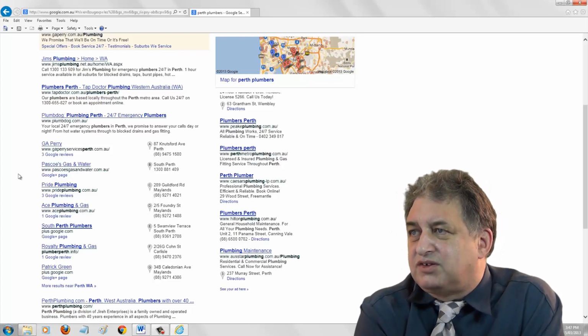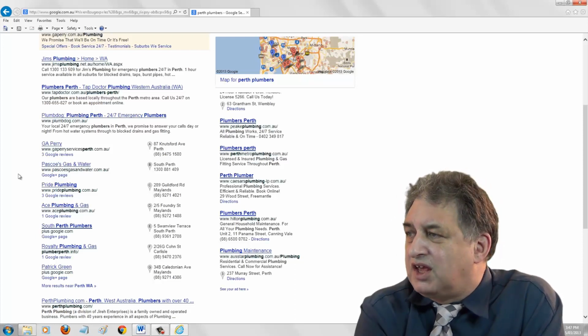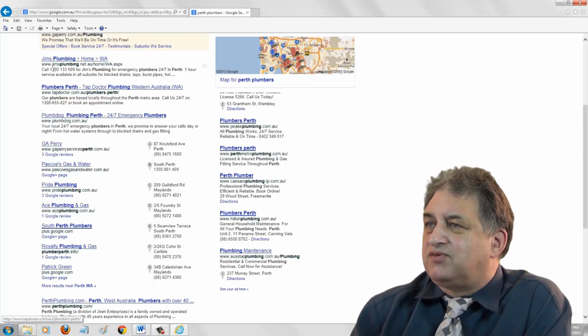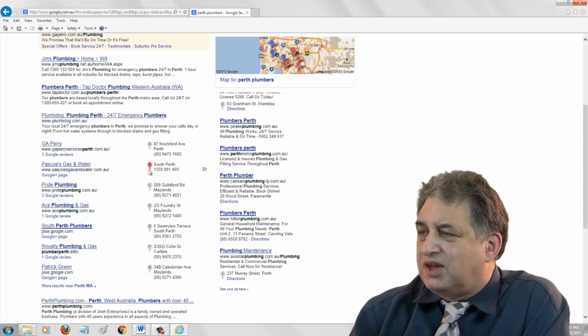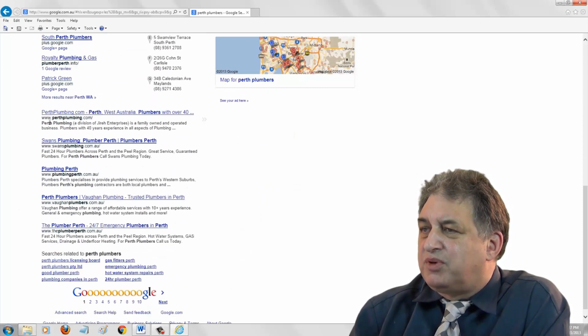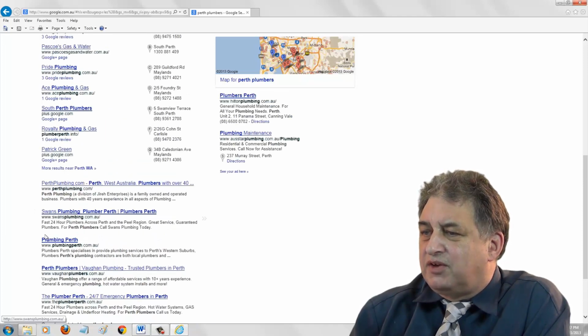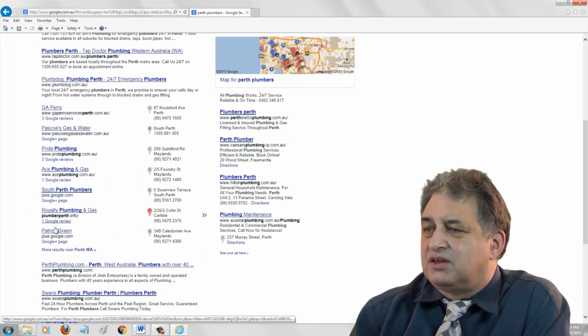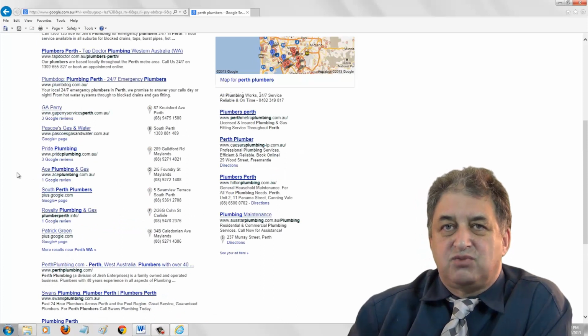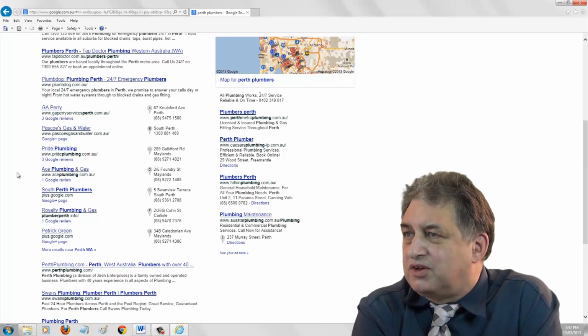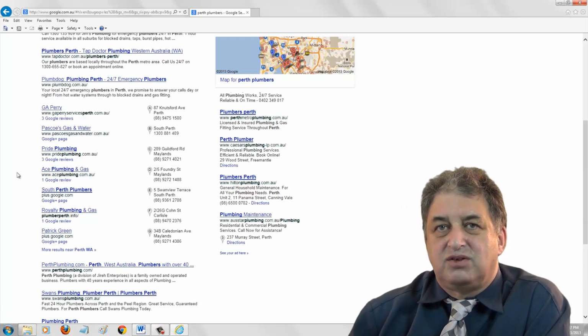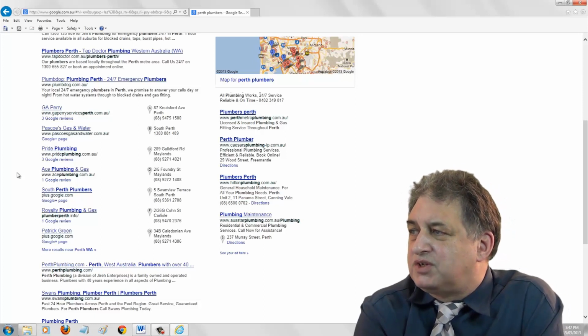It's applied by Google itself, so it's tied in with the Google results. And as you can see, even if you're not displayed in that or that, if you can be displayed in this area here, then it means you're above all these people down here. So it is possible to be displayed in the normal results and in the local area here. That's really what you want to try and achieve, because that way you get yourself 2 listings on the first page of results.